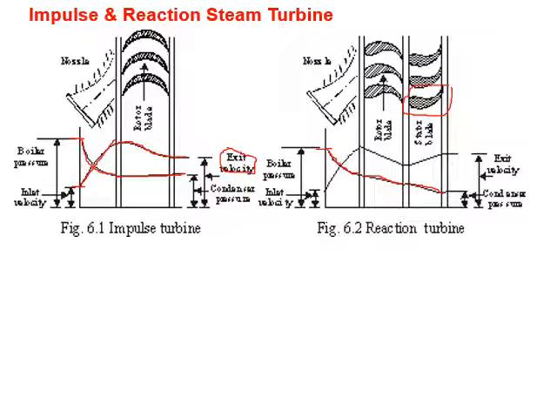See the variation of the velocity in a reaction turbine. This is the inlet velocity, and due to the drop in pressure the velocity increases in the nozzle. Then the fluid at that higher velocity enters the moving blades. Here a drop in velocity occurs. Once again in the fixed blade there is a drop in pressure that causes an increase in velocity. Then finally it exits here. This sketch shows the variation of the pressure as well as velocity in the reaction turbine as well as the impulse turbine.